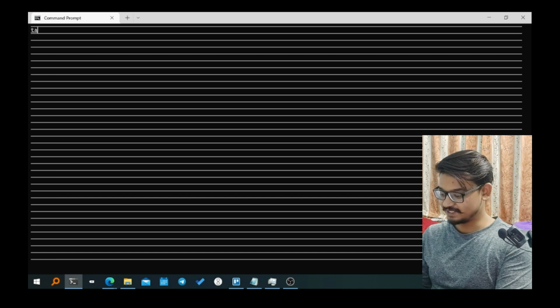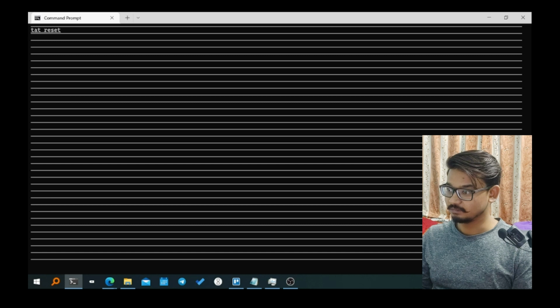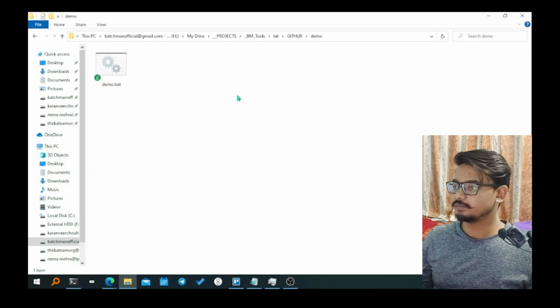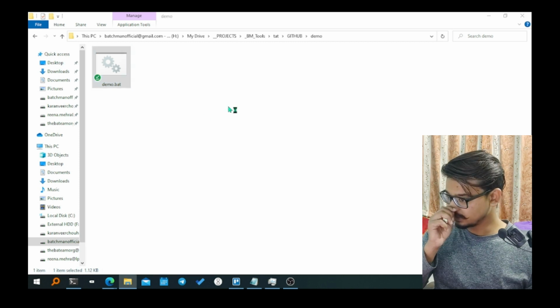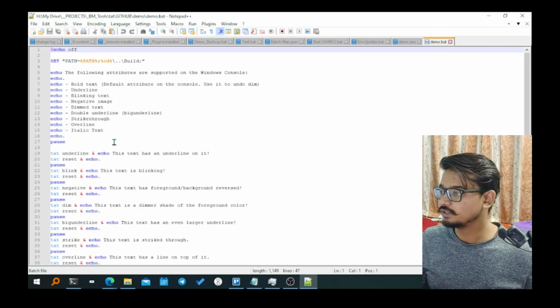Okay, I'll do TAT reset. I know this one, it will reset everything, but apparently it does not. So let me try to clear the screen. Yeah. So what it is doing is changing the attributes for the next coming input. Let's see what this demo file contains. I will try to reduce the length of the video first. So what's happening here is